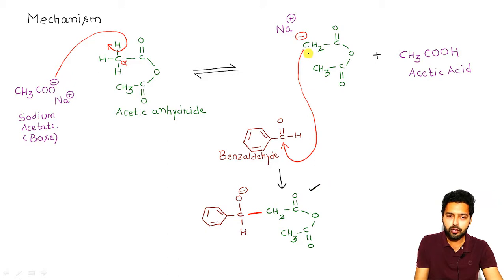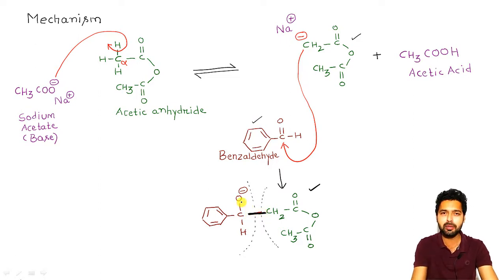So when this will be attacking this carbon atom, obviously it will result in the formation of a carbon-carbon bond, which you can see here, right? So here is the part of the anhydride we are talking about, I mean this molecule here, and this part is coming from the molecule of benzaldehyde, which is this here, right? And you can see the new bond being formed between both the carbon atoms because of the nucleophilic-electrophilic interaction here, right?